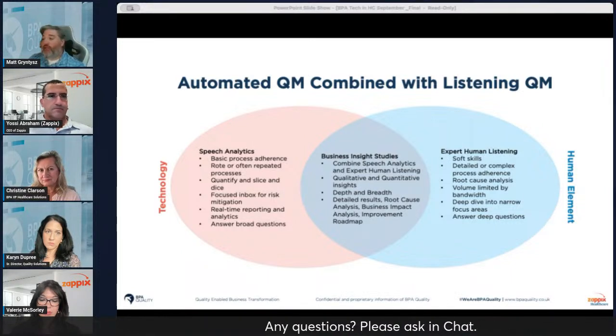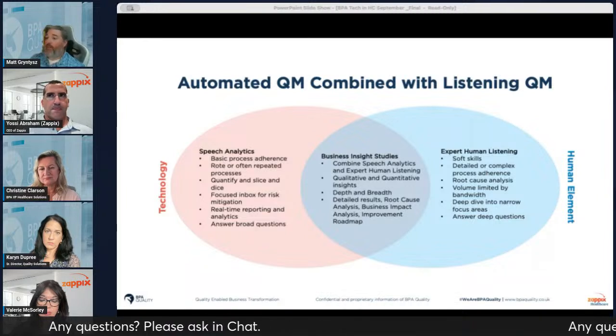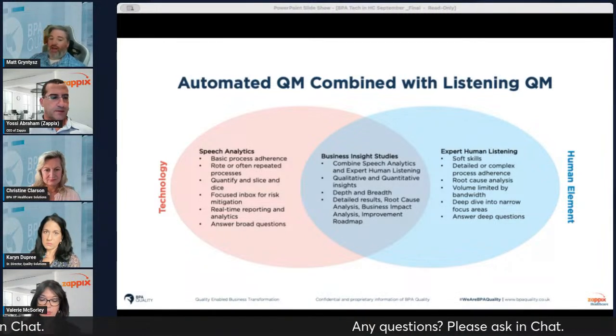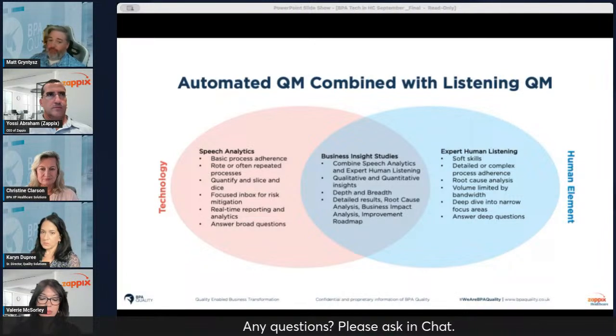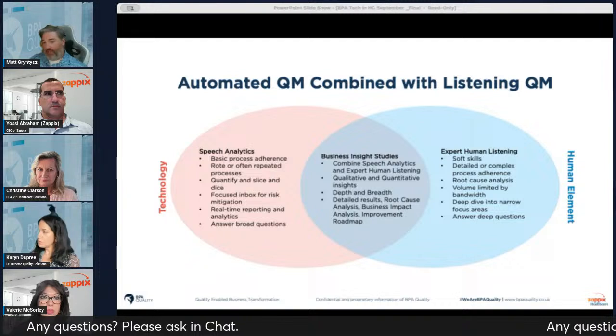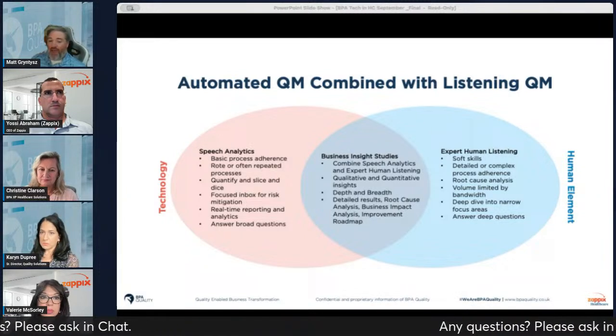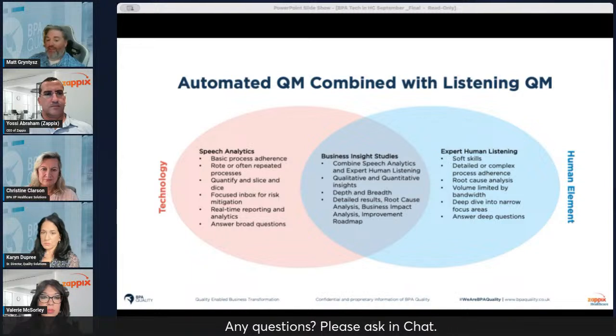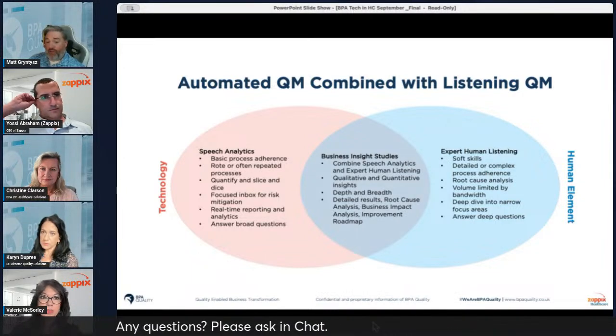Volume is limited, of course, with expert human listening. That is one of the limitations that we talked about at the start, but that gap is bridged by using speech analytics. So really the value is from the center of the Venn here. We combine the breadth of speech with the depth of human listening, right? It gives us the most bang for our buck. We can use speech as an example to identify the calls that require further investigation and then